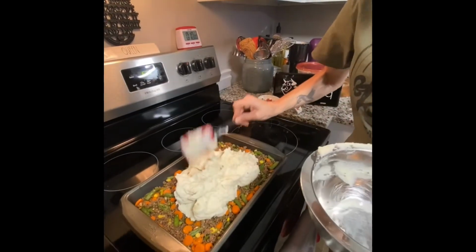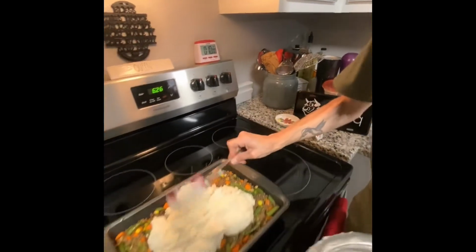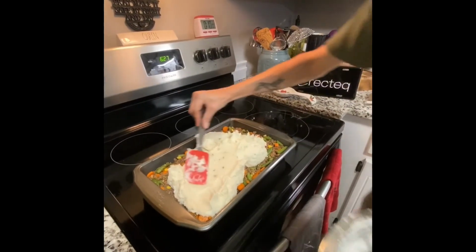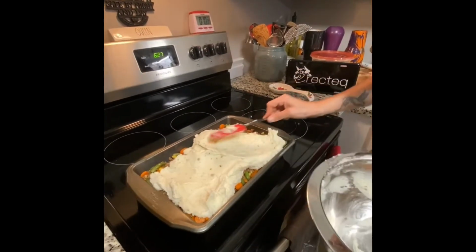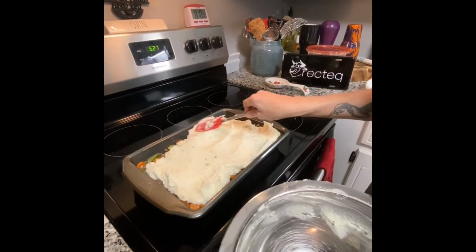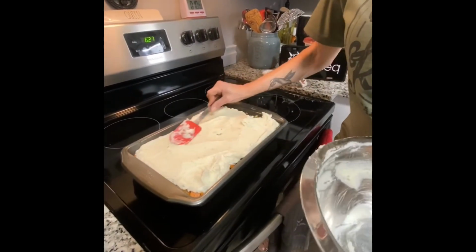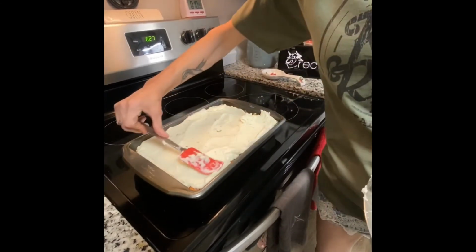And I'll be honest with you, I cheated tonight because I wanted to get it done in a reasonable time, so I actually bought the Bob Evans mashed potatoes that you can get at Walmart or Kroger or any grocery store near you. It's usually over by the meat and stuff. And they are just as good as homemade potatoes, and they're super easy if you're in a pinch for time. And once I get this all spread on,